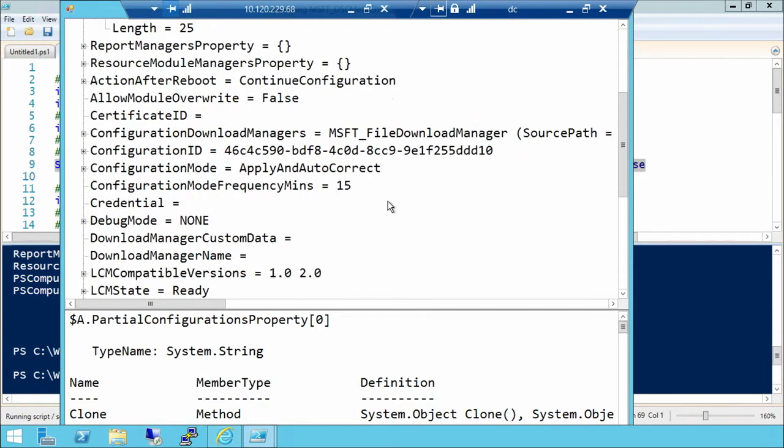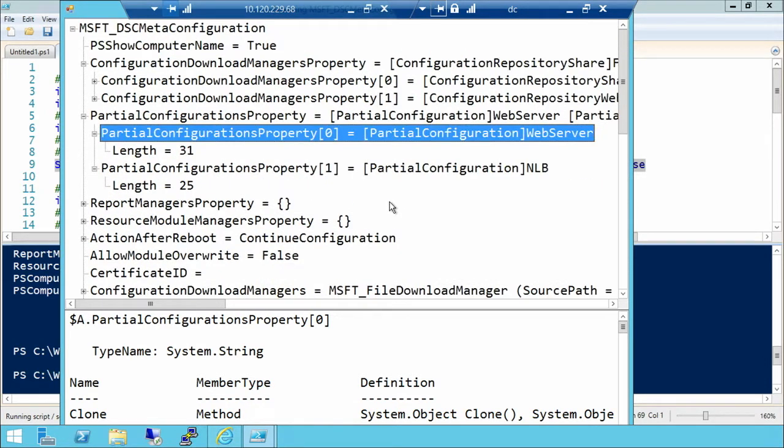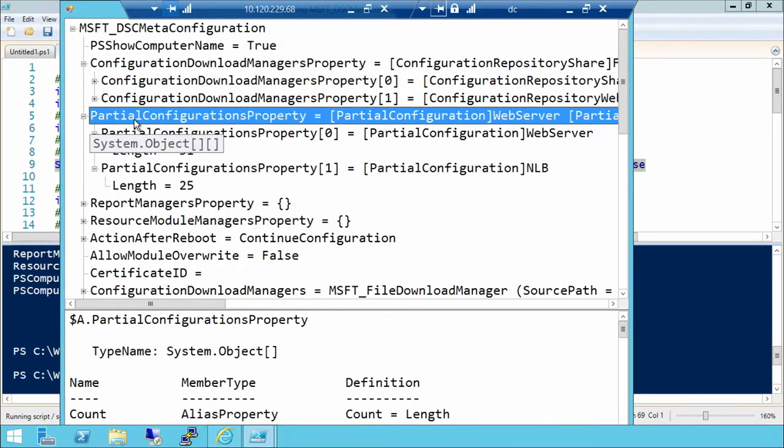Anyways, this isn't too much different than what we had been seeing before, but there's where your partial configurations are. So that's how they're getting set up in there. Now, if we want to utilize these,